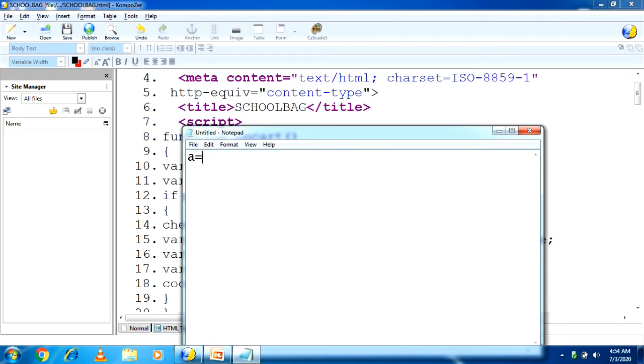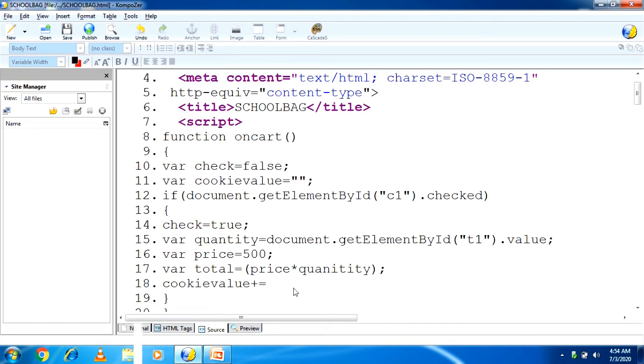Suppose a value is equal to 5 and if I am writing a plus equal to 5, then what becomes the a value, student? A equal to 10. Why? Because a value is 5 and the meaning of a plus equal to 5 is a equal to a plus 5. Okay, so we have to apply the same concept over here.